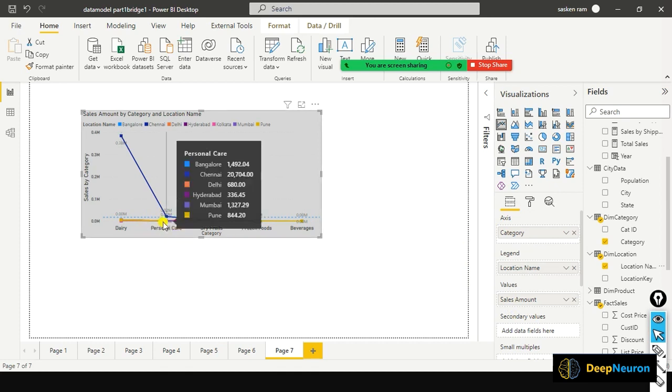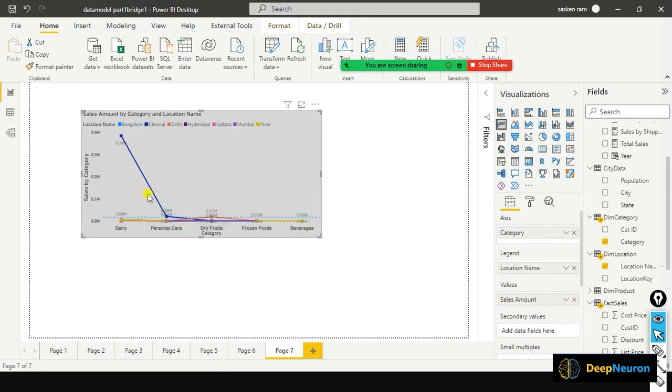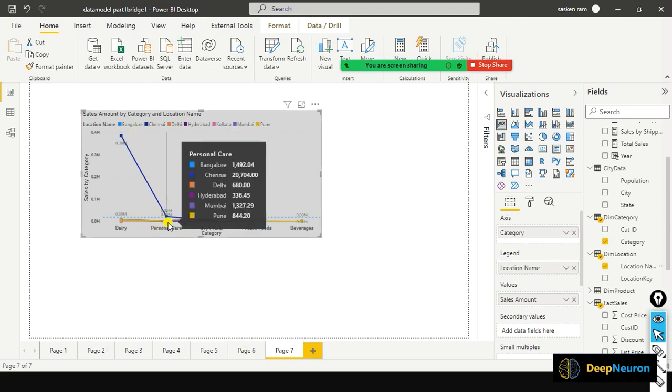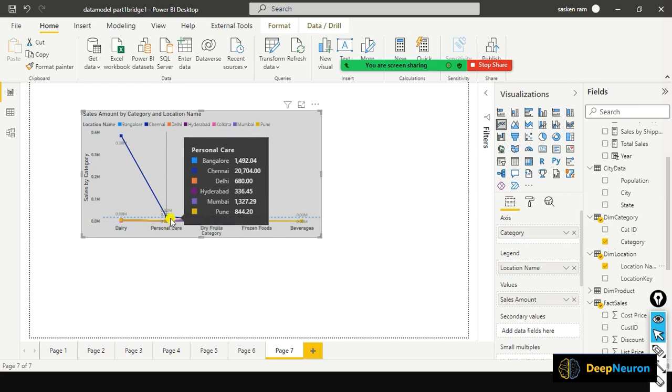When you hover the cursor here, this is called tooltip, the black colored squared one, it will give you more contextual information. Just by visualizing this itself, sometimes it is not much helpful. See, it will be cluttered, right? In this case it is cluttered, difficult to make out which city, how much we made. Just when you keep the cursor on this dot, the tooltip is very much helpful. It gives you the detailed information. Bangalore, how much sales we made, Chennai, how much sales we made, and this is called your tooltip. Okay,